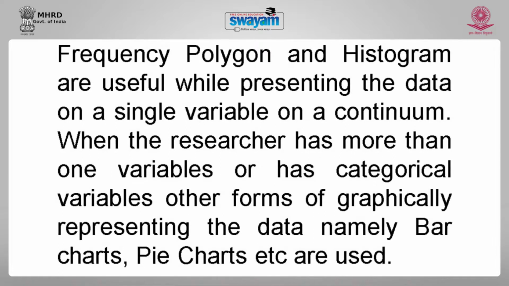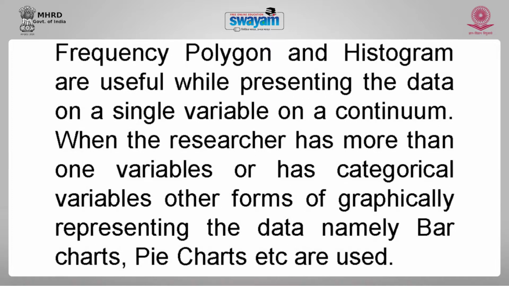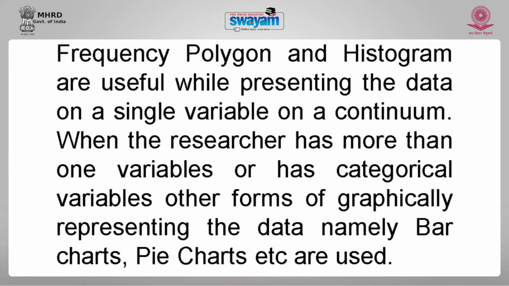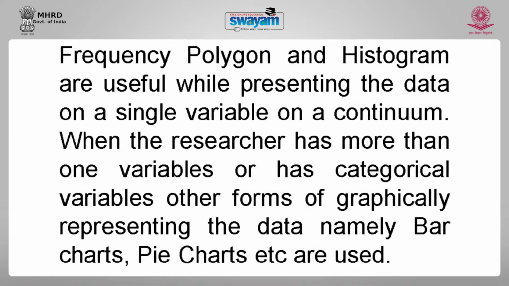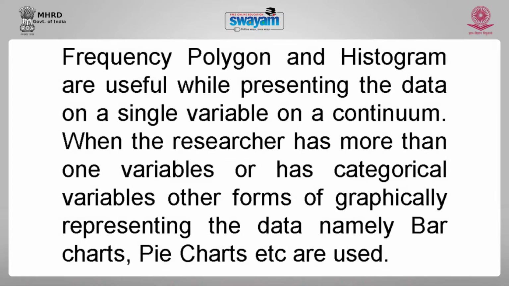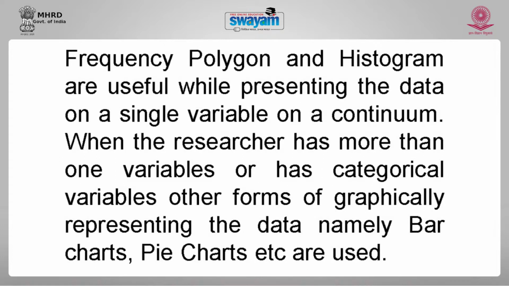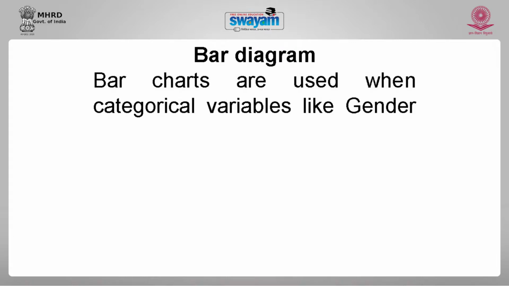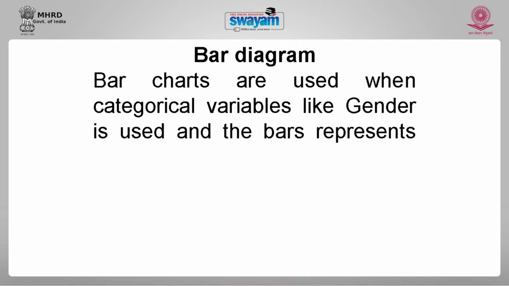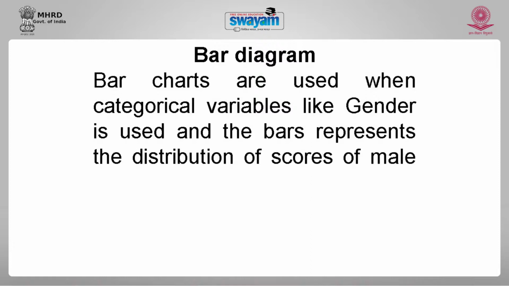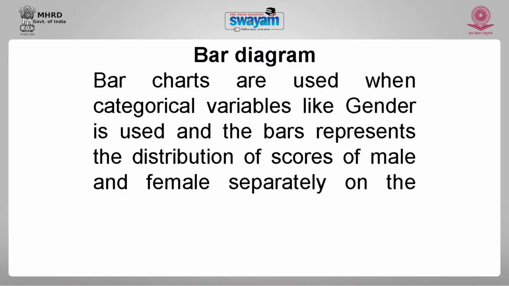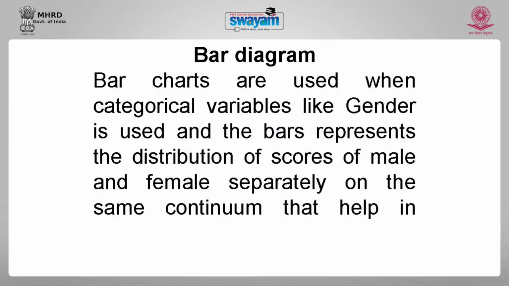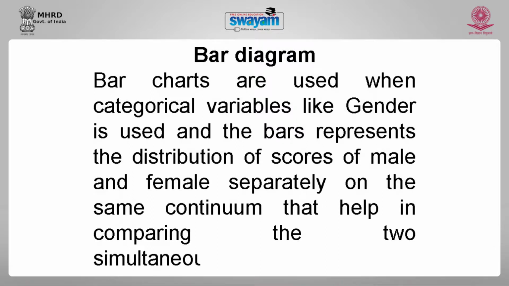When the researcher has more than one variable or has categorical variables, other forms of graphically representing the data, namely bar charts, pie charts, etc. are used. Now let us discuss the bar chart or the bar diagram. Bar charts are used when categorical variables like gender are used, and the bars represent the distribution of scores of male and female separately on the same continuum,